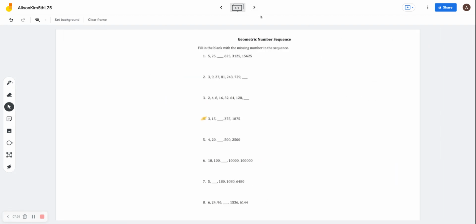Next, we're going to look at the geometric number sequence. Let's look at number 4. So it goes from 3 to 15, and then there's a blank space, and then it goes to 375, and then 1875, right? So when we look from 3 to 15, we can see that we're multiplying by 5, or that we're adding 12. But in this case, I think the better choice is multiplying by 5, because when we multiply 375